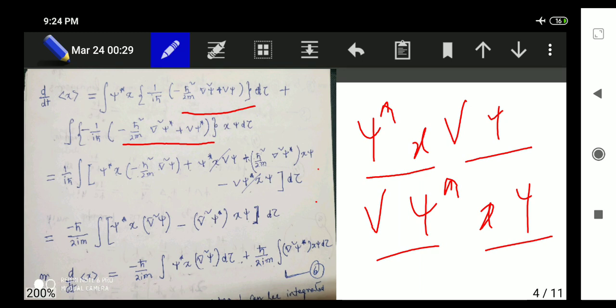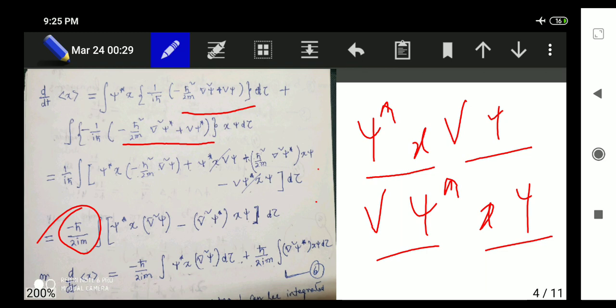Then you bring out the h cross by twice m outside as a common. i is already there waiting, and h cross is there, so h cross square will come out, one h cross cancels out, you will have this h cross by twice im. Inside you will have psi star x del 2 psi minus del 2 psi star x psi. Okay,